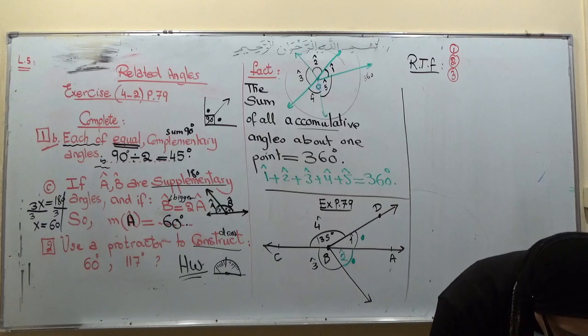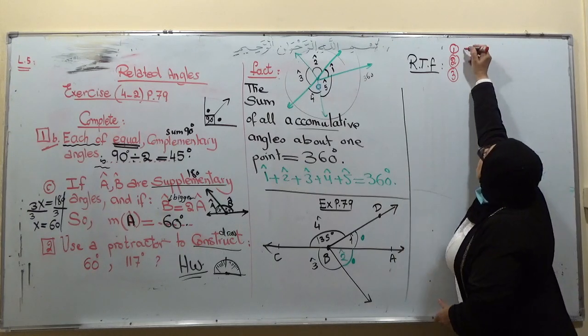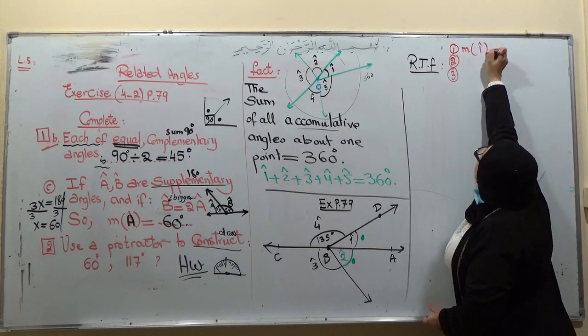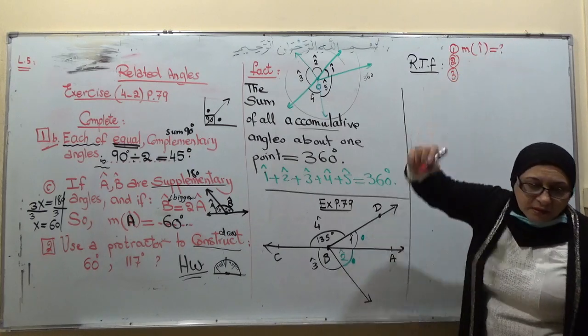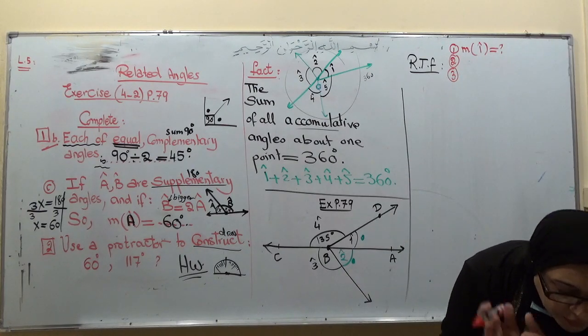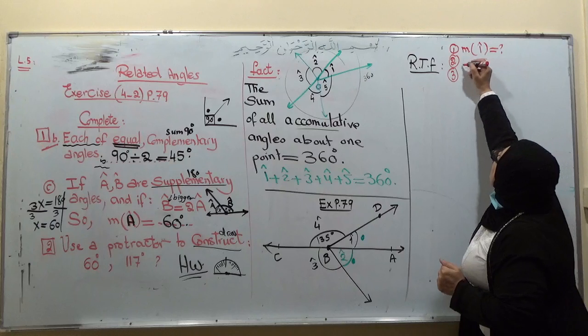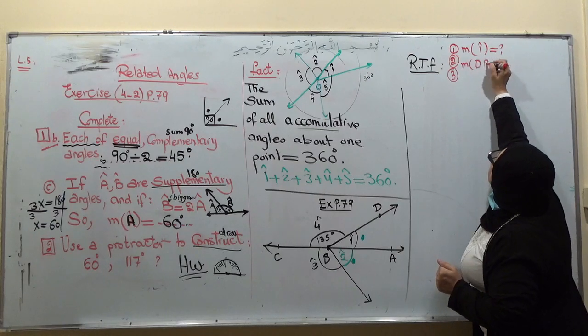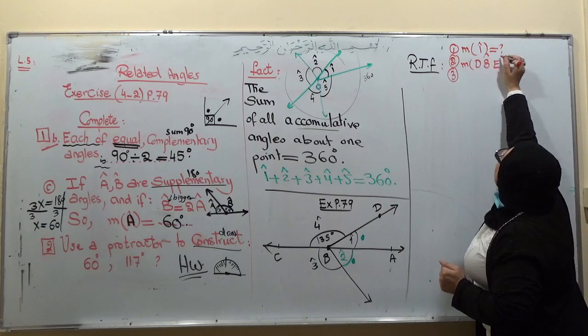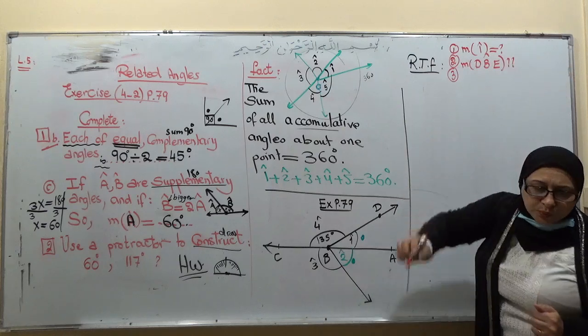Number 1, find the measure of angle 1. How much is this angle? Number 2, I want from you the measure of angle DBE. This is the second one. Third